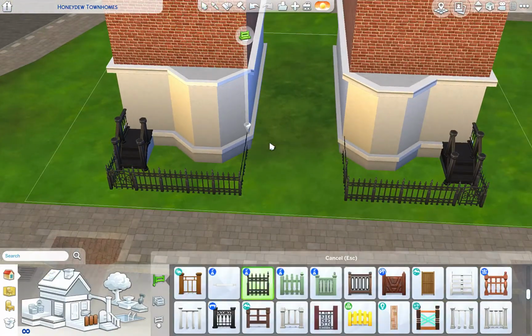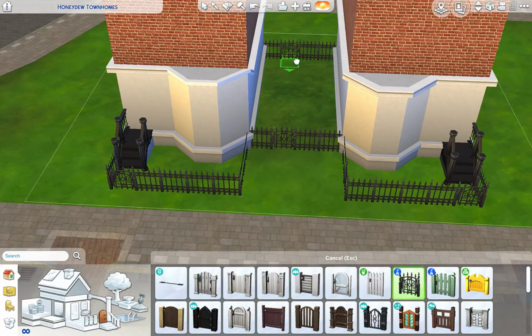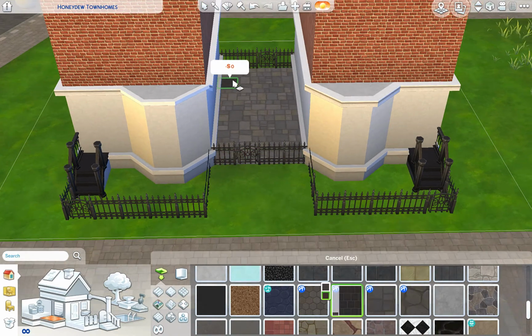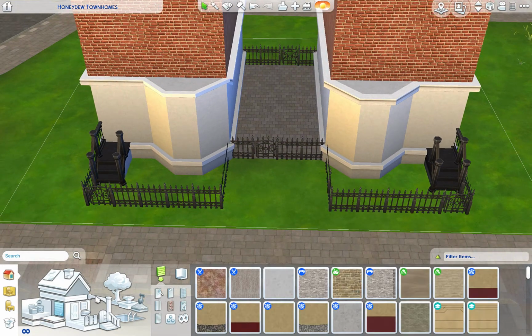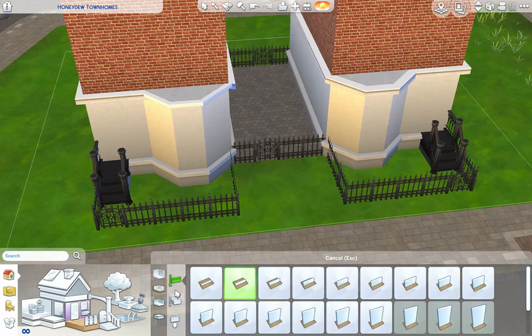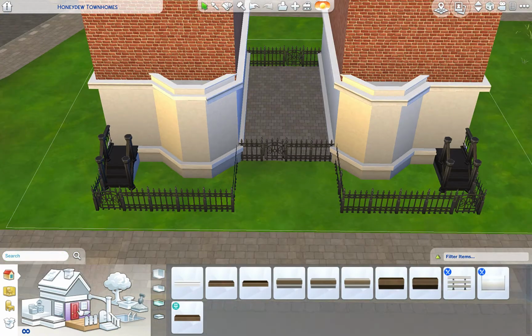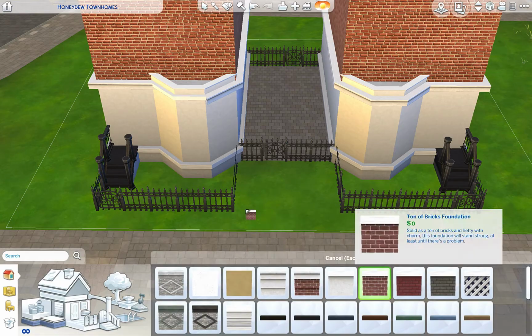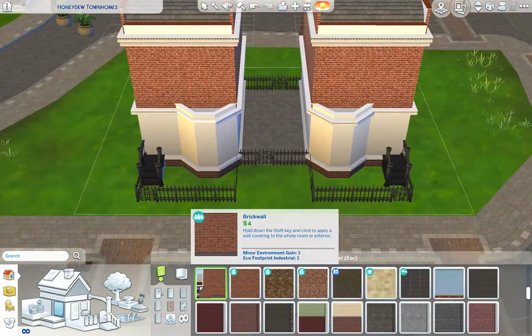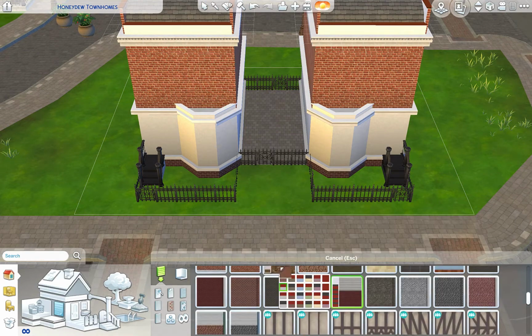I did have a couple of different reference pictures, and of course I was looking at the different areas around this lot, around Britechester, trying to figure out the style I wanted to go for. And I'm really happy with the exterior of these townhomes, and I really like the interior of the right one, if I remember correctly. You guys will tell which one would be more of my favorite, because one of them is definitely more modern. I figured maybe for a Sim going to Foxbury, although if we're being honest, I did